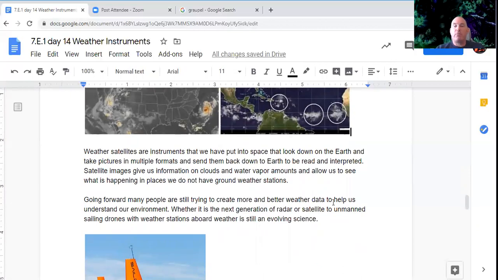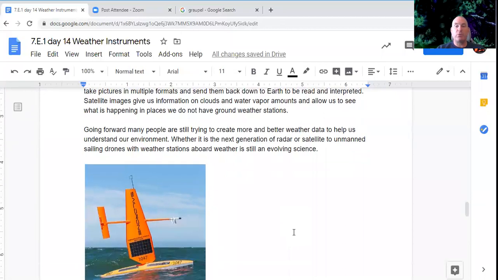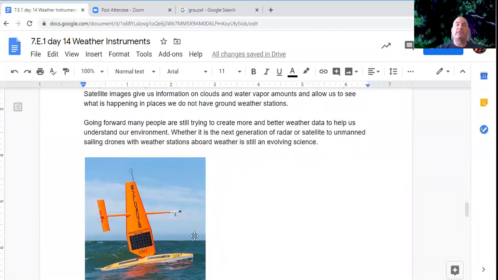Many people are still trying to create more and better weather data to help us understand our environment, whether it's the next generation of radar, satellite, unmanned sailing drones, weather stations aboard. Weather's still an evolving science. There's a company that has these things called sail drones, and it's a drone sailboat that sails out into the ocean and collects weather data. And it's got solar panels on it for energy, and it's got a little satellite uplink up here, and reports